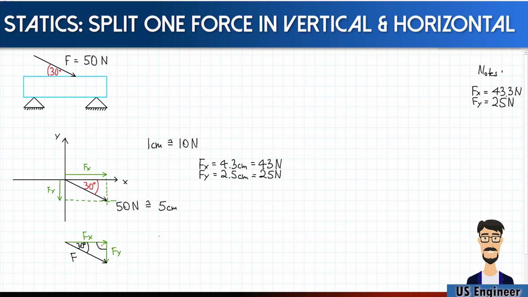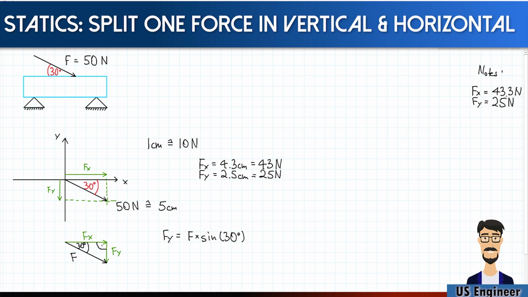So Fy is equal to F times the sine of 30 degrees. Why sine? Because a sine is defined as the ratio of the opposite leg and the hypotenuse. In our case, the opposite leg is Fy and the hypotenuse is F. So the sine of 30 degrees is going to be Fy divided by F. And if you want to rearrange that equation into Fy, then you have F times the